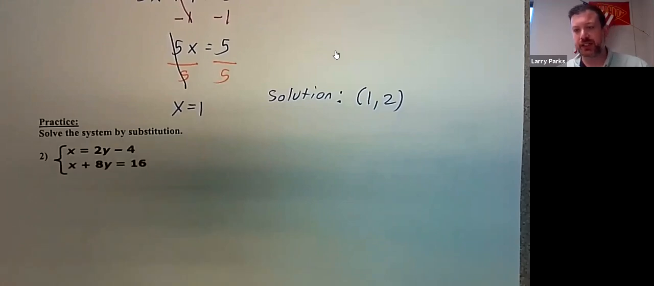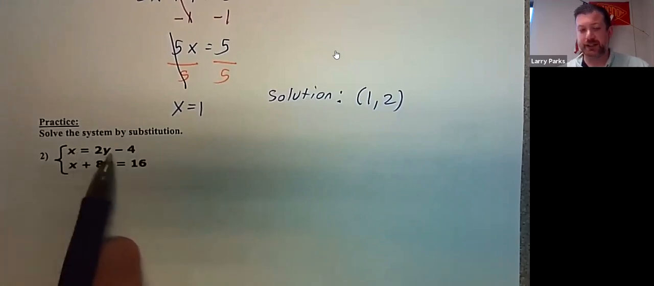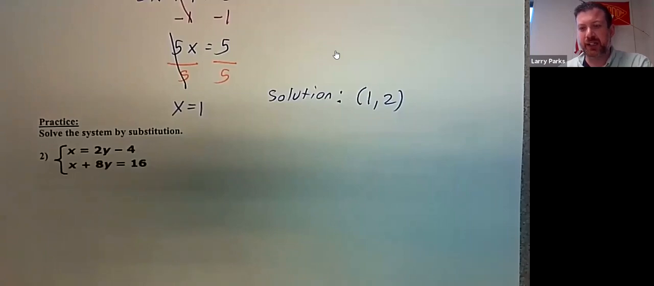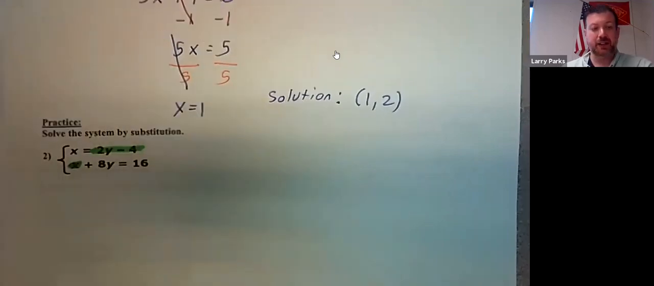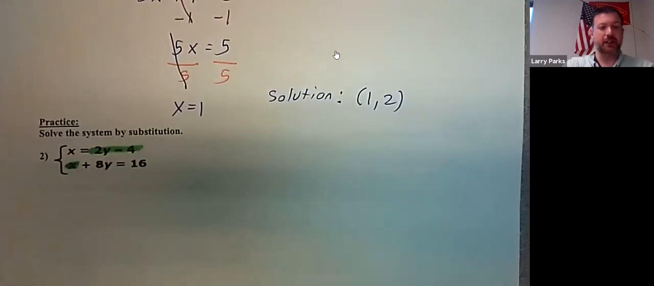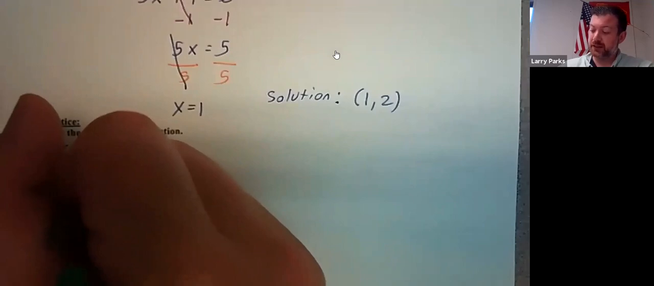Number 2 is just like that one. So I have x equals. So I'll set this one up, and I'm not going to finish. So I would set this as x. So I would plug that in here into the x. And I would get 2y minus 4